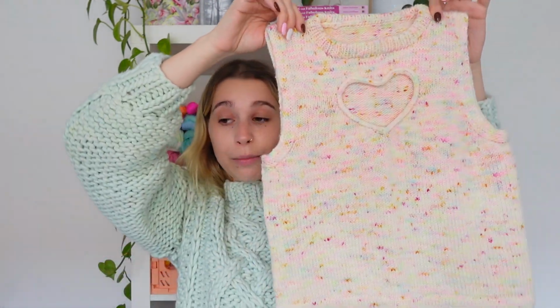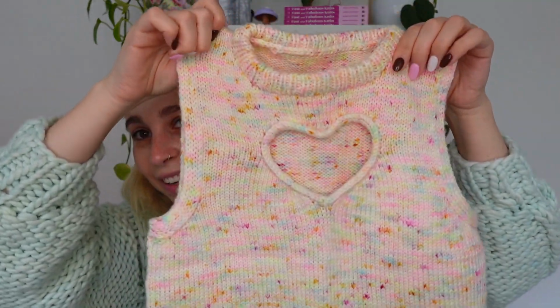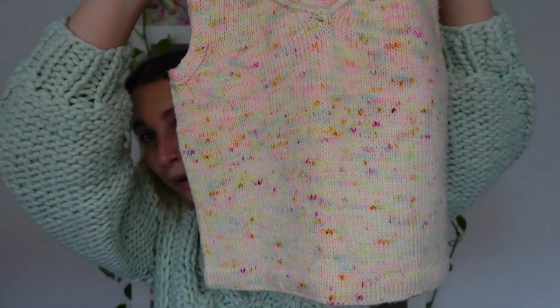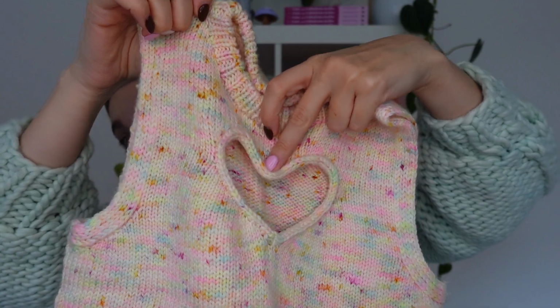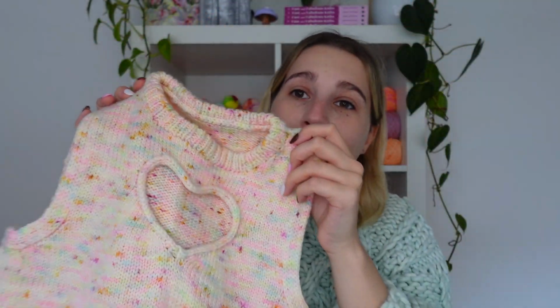I think a few of the testers needed a bit more time and things got a bit busy with her work schedule, so she's not really said exactly when this is going to be released, but hopefully it will be soon. I know this pattern's been super highly anticipated. It is actually her first pattern, so she did an incredible job. I simply could never have done something this good on my first attempt at writing a pattern. So yeah, it's this gorgeous summer tank top with a beautiful heart-shaped cutout in the middle with an I-cord edge